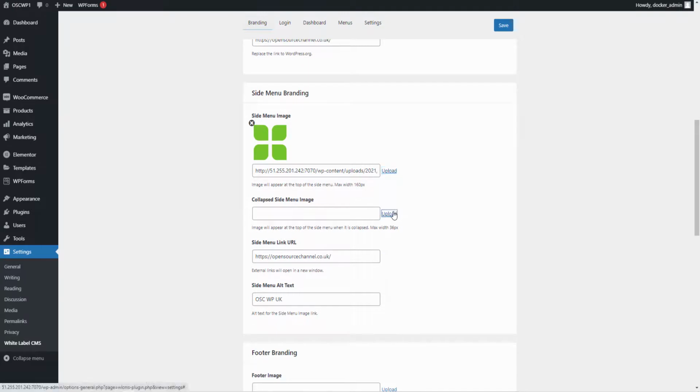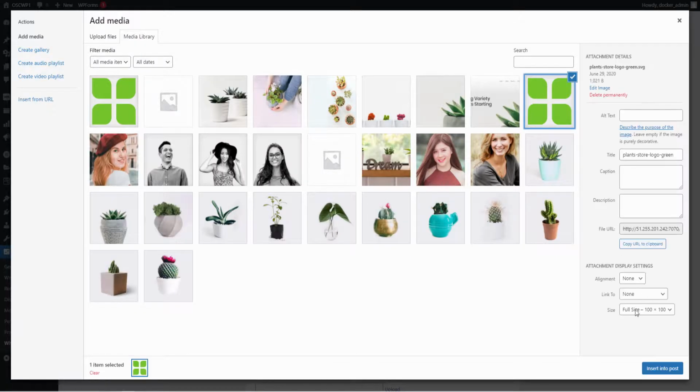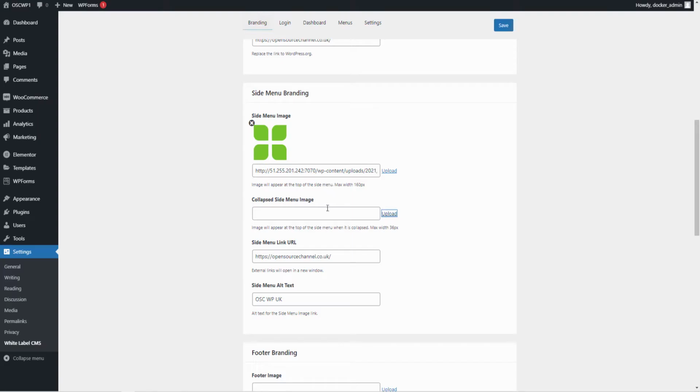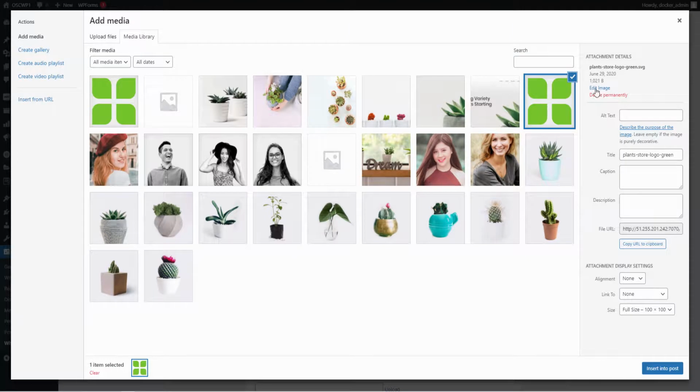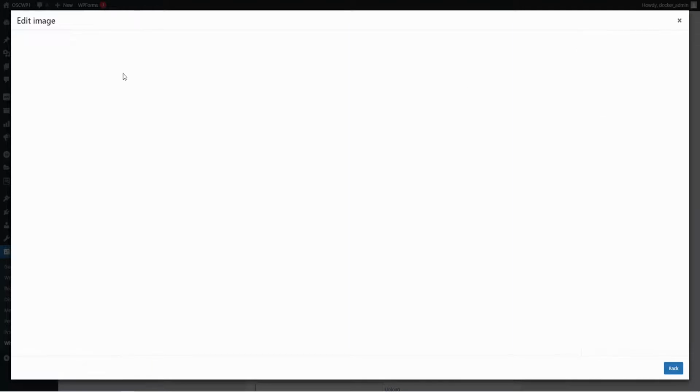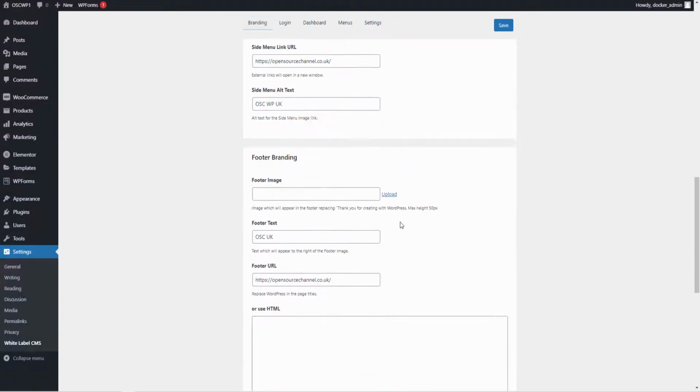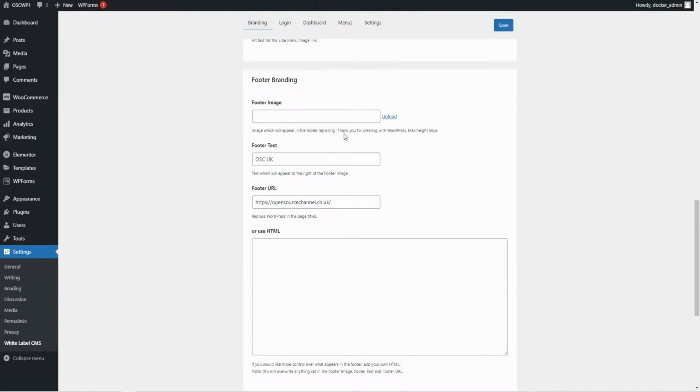Collapsed. We can have exactly the same, but you want to choose a smaller one if you can. This one I think is about 36. Yeah, 36. Again, what we could do here is edit image. Well, it won't let me do this one here. I don't know why. But anyway, I'm going to leave it